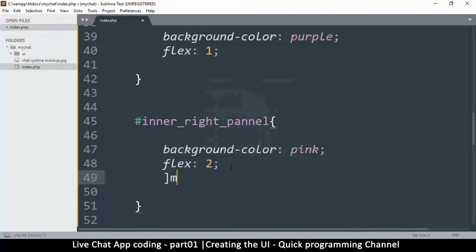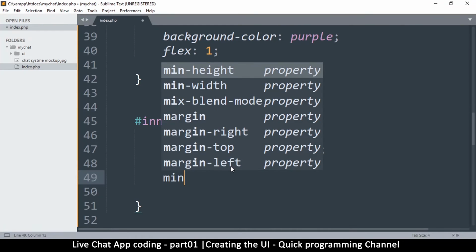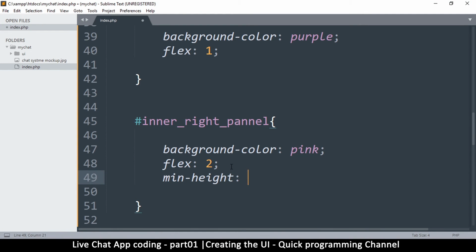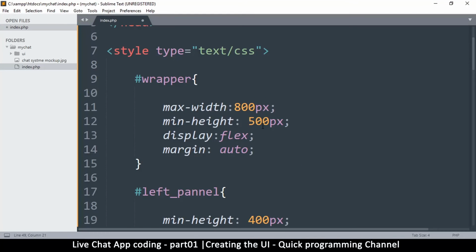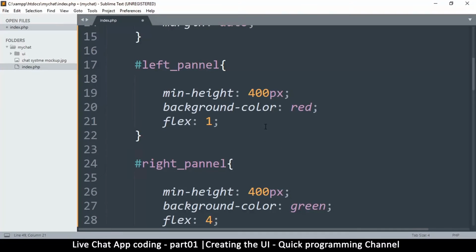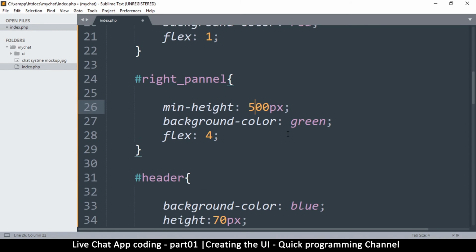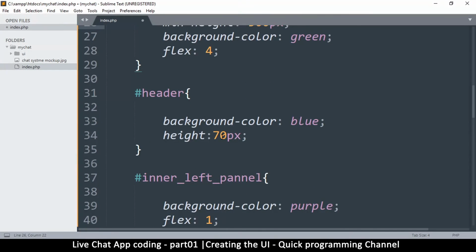So I'll say minimum height. The reason I'm not just saying height is because I don't want to give it a fixed height. I want it to just know that the minimum height will be this one, and then if there's more content it will stretch downward, which is what I want. So minimum height in this case, the overall thing is 500 pixels, the whole wrapper. Actually, minimum height here is 400, but let me put 500 on these guys. All right, now 500 minus 70,